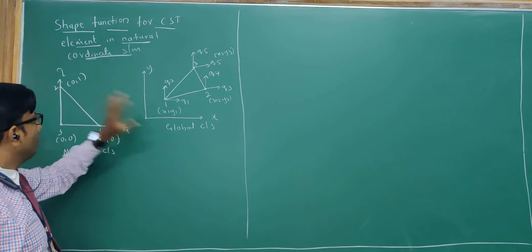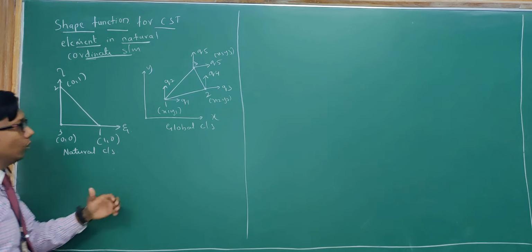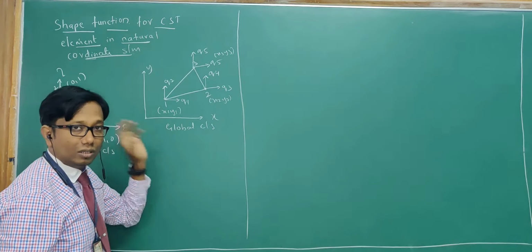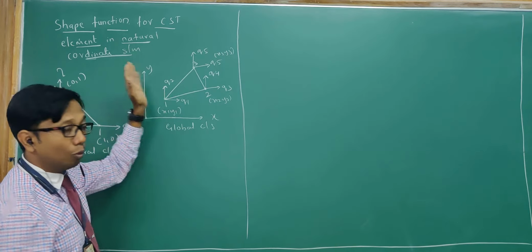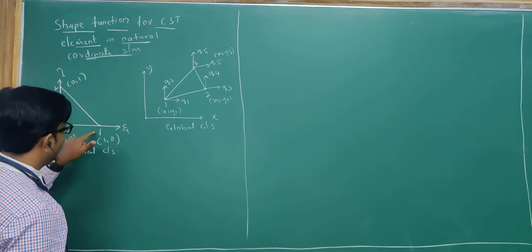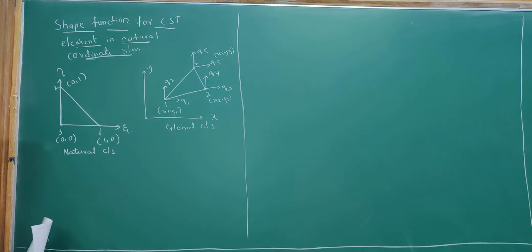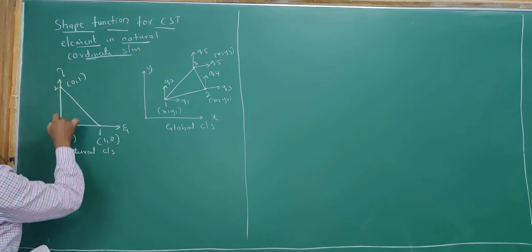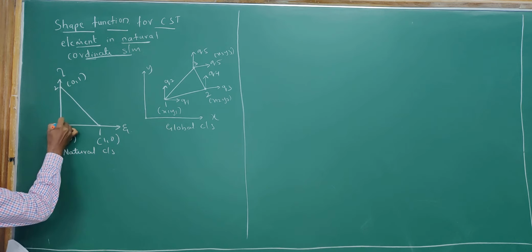When I say modify it to the natural coordinate system, as we said, the element has 2 degrees of freedom, which means that it can move along the x-axis as well as along the y-axis. Similarly, we will be modeling that same element in a natural coordinate system. We will be starting from here. We take this as element 1, node 1, node 2 and node 3. In this particular case, node 1, node 2, node 3 are designated by the natural coordinate system, where I will take node 3 as 0, 0.